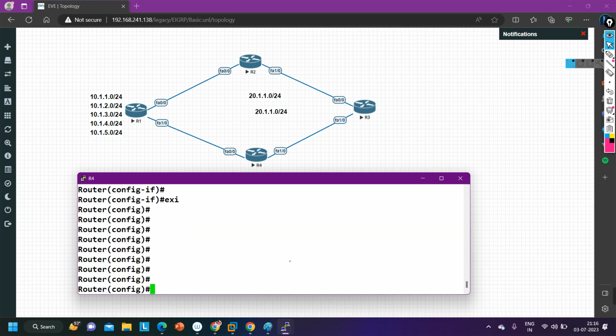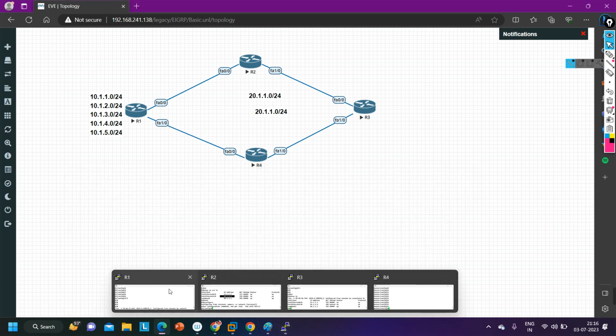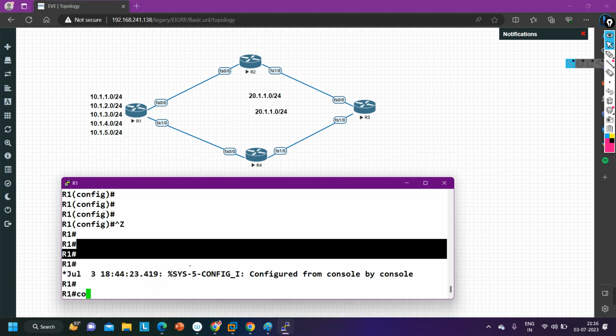Now I am going to configure EIGRP on all routers. Let's start from router number 1.